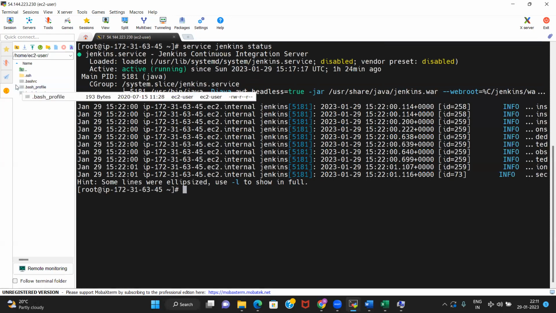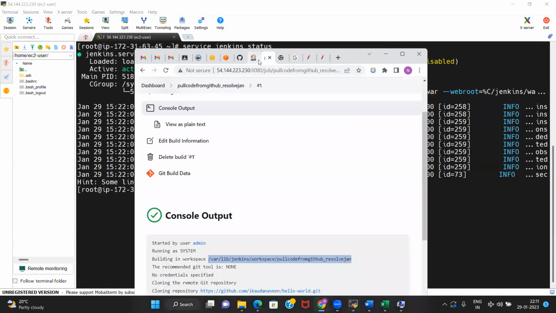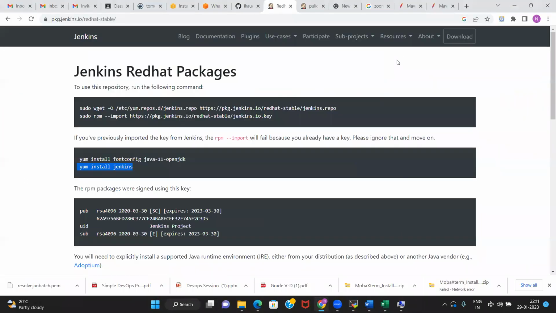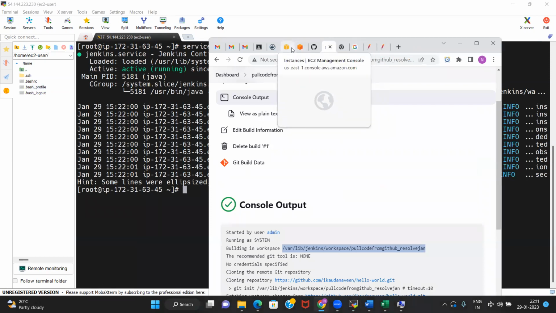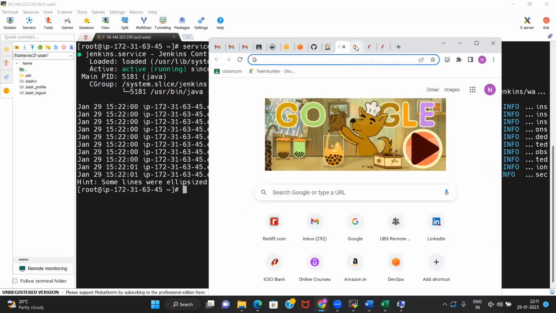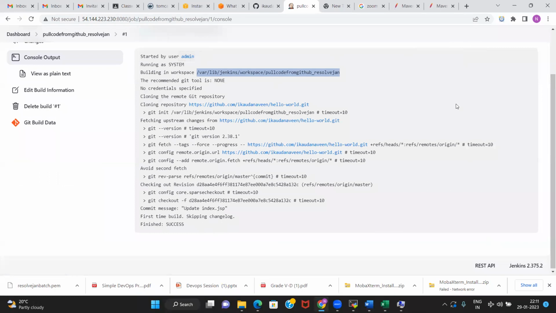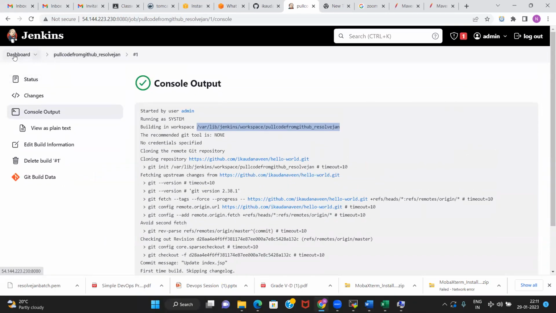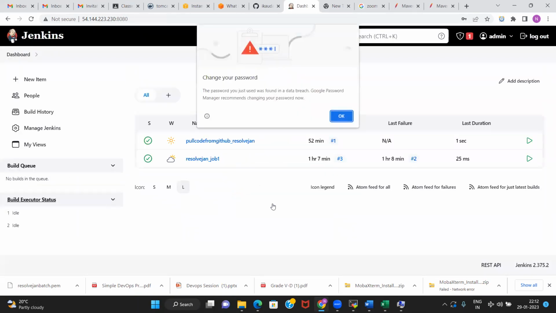Jenkins is up and running. Good. Now, let us go to Jenkins and see what we need to do for the Maven setup there. We have done the default password thing. Now I can log in with the default password.